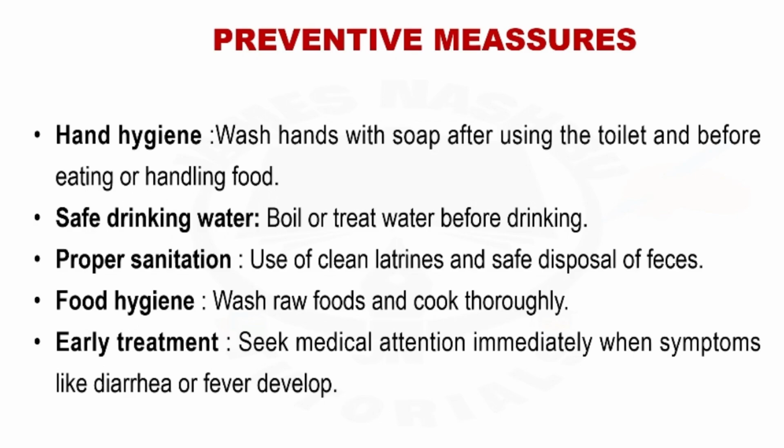Then you have to do proper sanitation. Proper sanitation means making sure that the drainage systems are proper and not damaged, because if they are damaged, you find that the same drainage is pouring into the water body. It could be the river or the lake, and that's where people fetch water from. So the water can be contaminated, and when you drink it, it can cause infections.